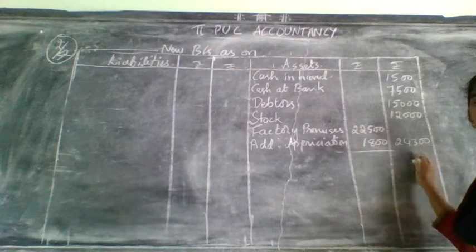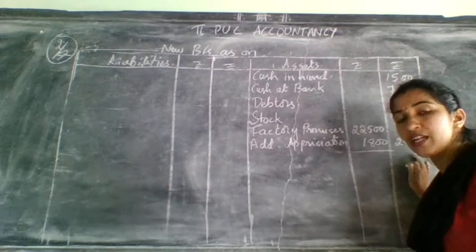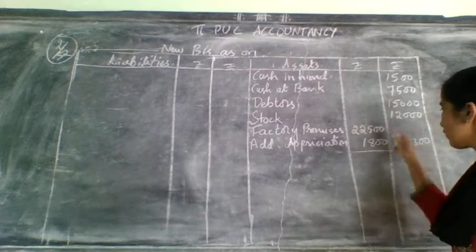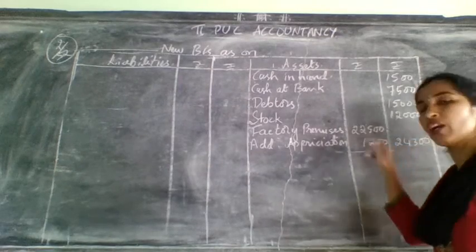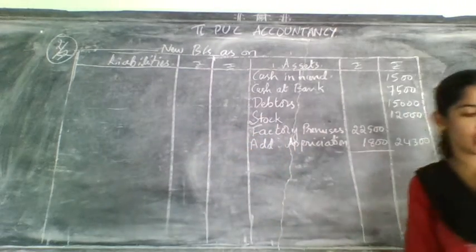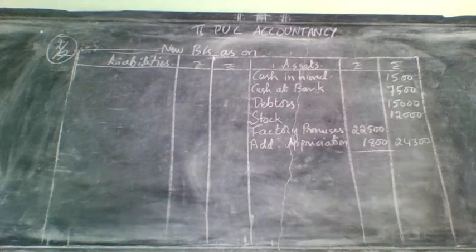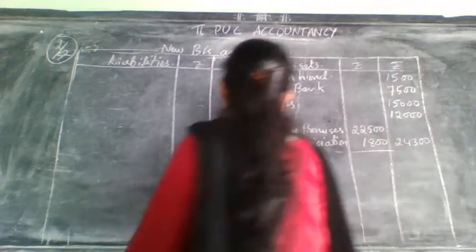They have given this value in the adjustment. Now you need to write it in the new balance sheet. That means at the end of the period its value was this much. So how much it was increased, that you are writing in the revaluation account. Okay. Now let us go on to the next asset, that is machinery.